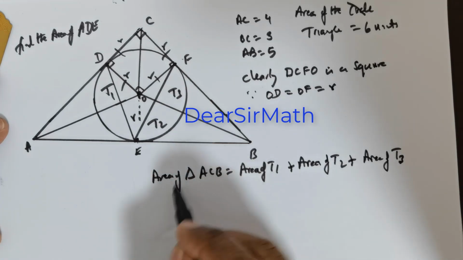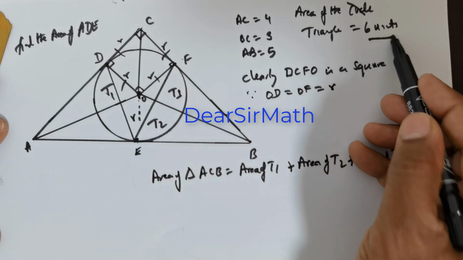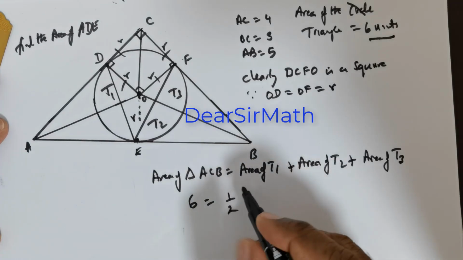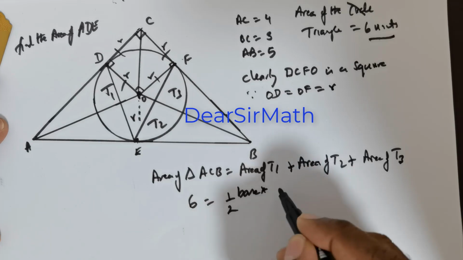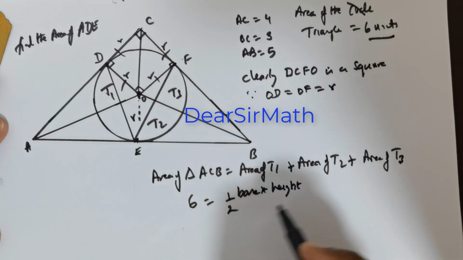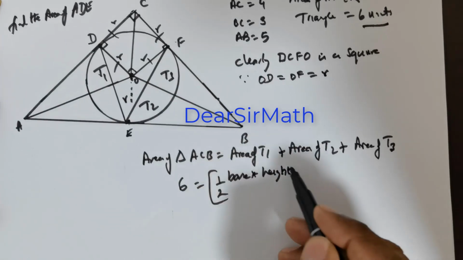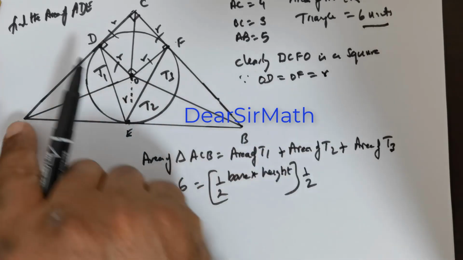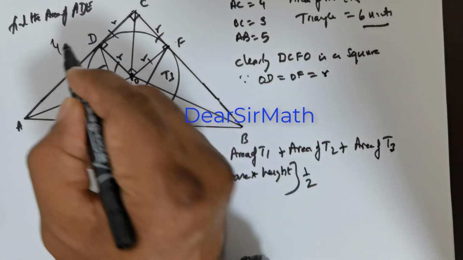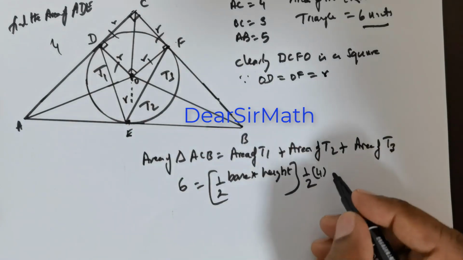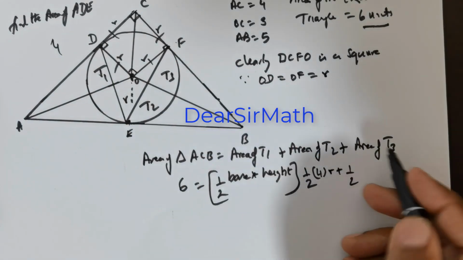Now we know the area of ACB is 6 units and the area of T1 is half times base into height. So this is the formula that I would be utilizing. If I were to utilize this formula, area of T1 is half times, my base is given to be 4 units and my height is R units, plus half times